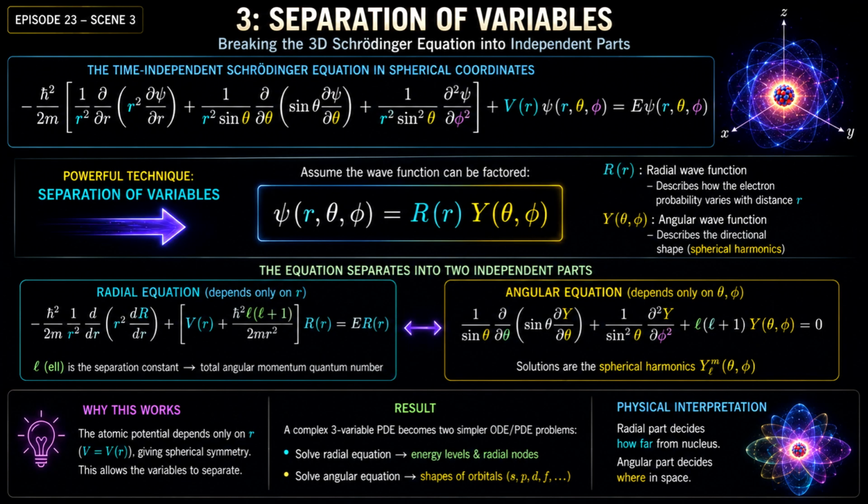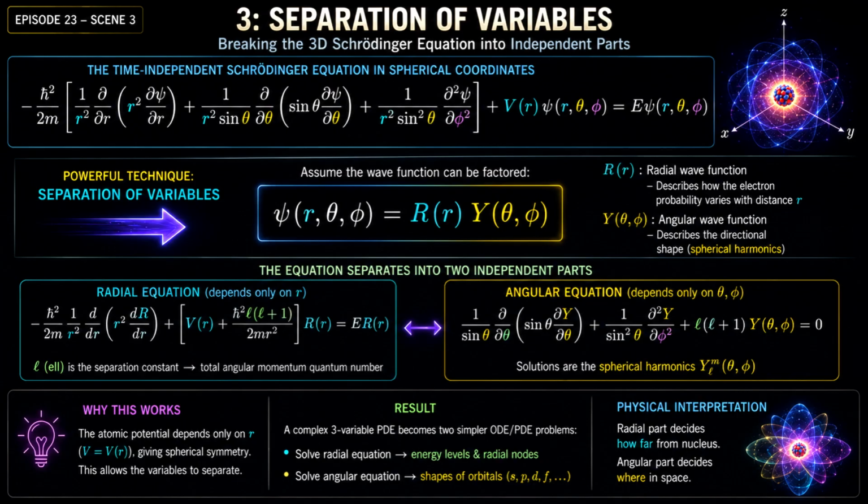Once our partial differential equation is firmly expressed in spherical coordinates, we execute a powerful calculus technique known as the separation of variables. We assert that the complete electronic wave function psi can be factored into two completely independent mathematical components. This is written precisely as psi of r, theta, phi equals capital R of r times capital Y of theta, phi. In this formula, capital R of r is the radial wave function, which governs how the electron cloud